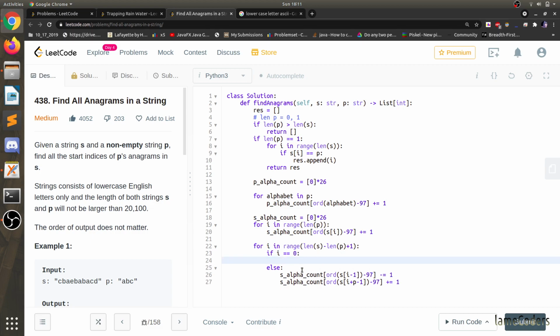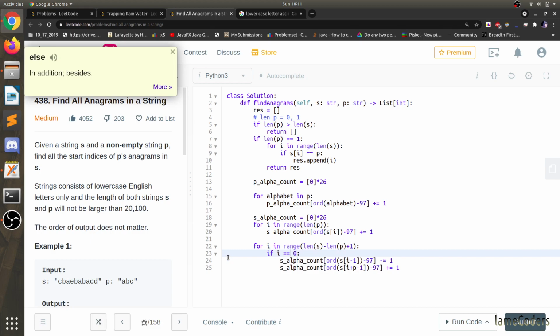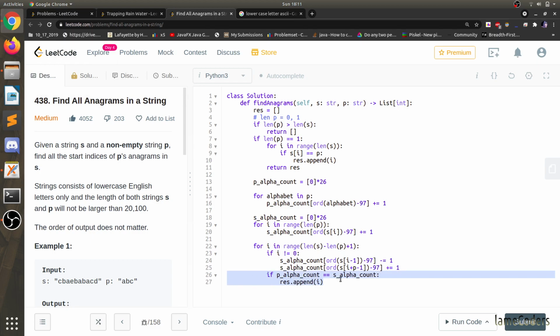Let's just add it one time. So we have to do this only if I is not equal to 0. And at this time, if p alpha count is equal to s alpha count, then return this.